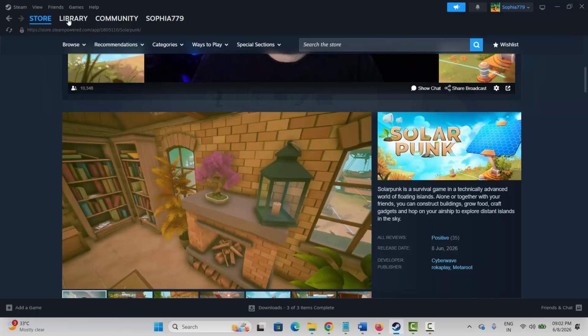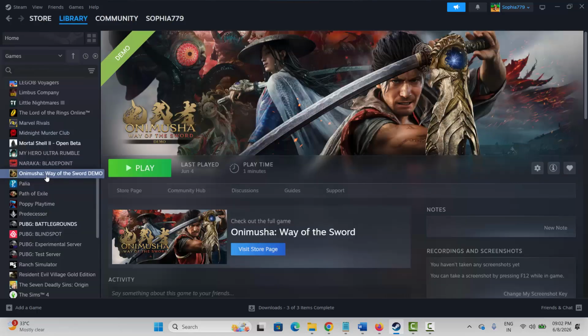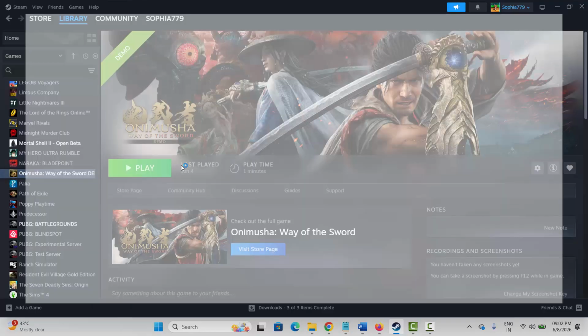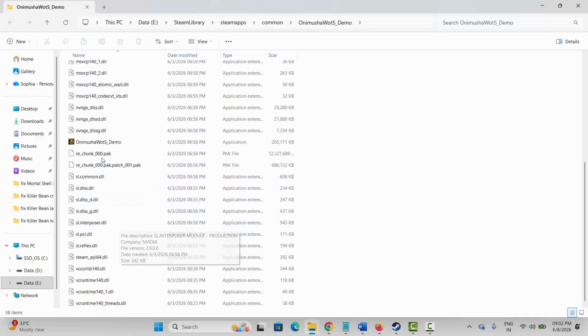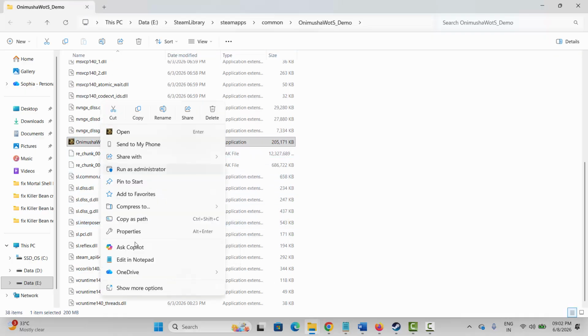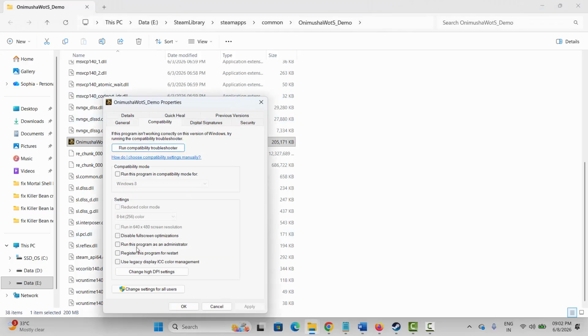So for that, go to Steam, under library section, select your game. Here I am showing you an example. Now right click on it, click on manage, now click on browse local files. This will take you to the game folder where your game has been installed. From here you have to select the game application, right click on it, click on properties, click on compatibility and select run this program as an administrator, click on apply and OK, and finally launch the game and check if